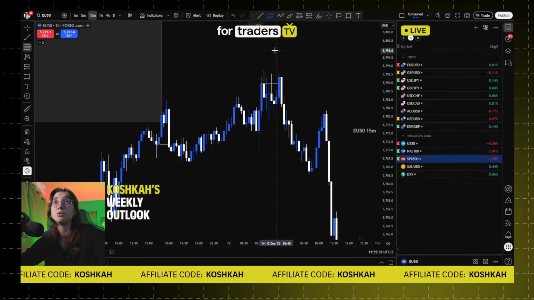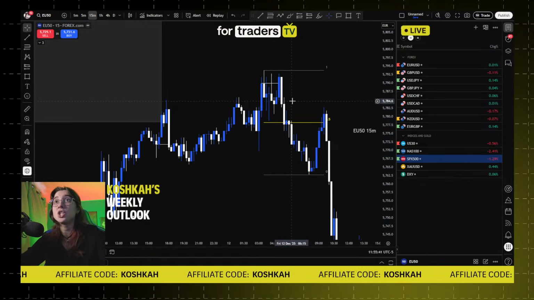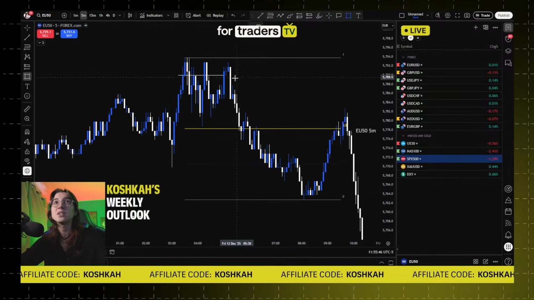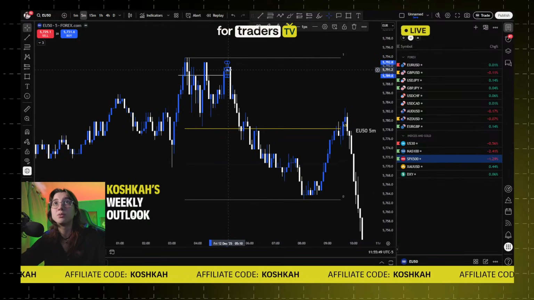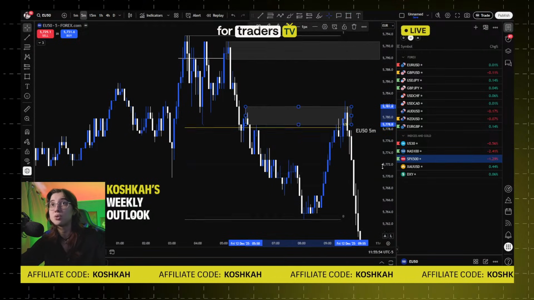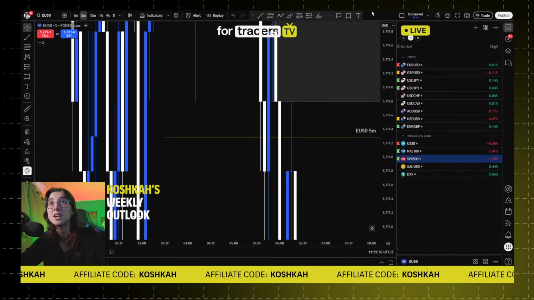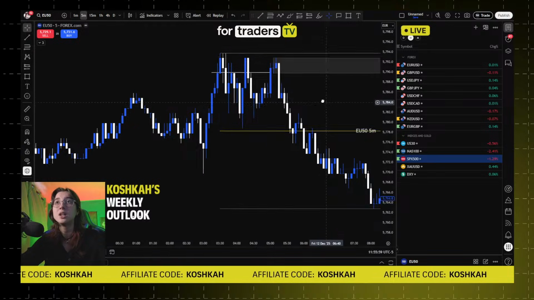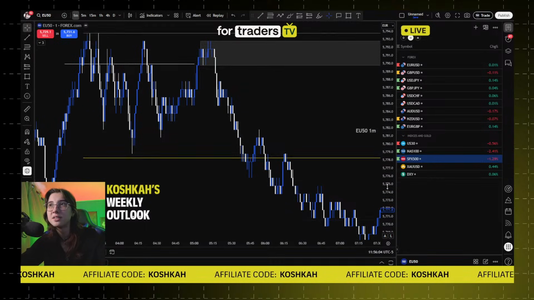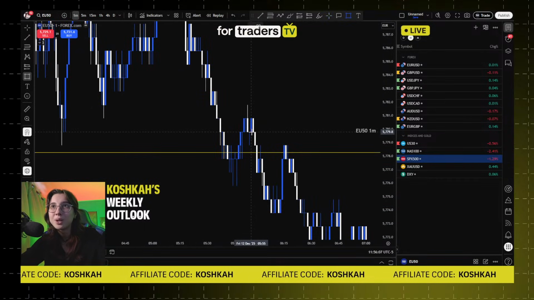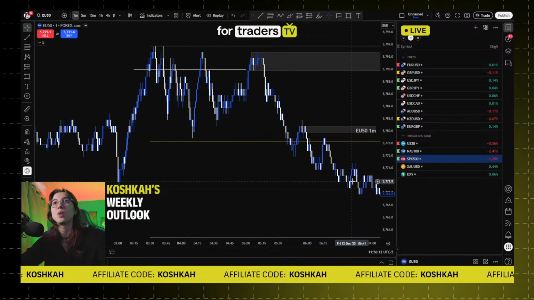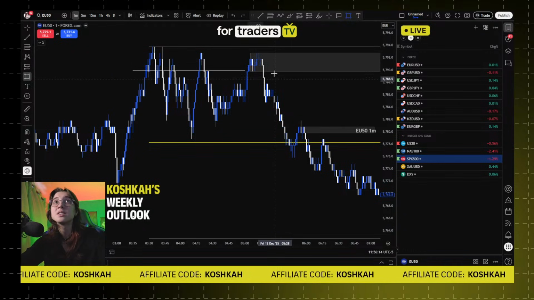So what can we do? We can again identify the new range and see if we have any points of interest. In this case, we have the extreme POI above right here. Looks like it's lower. We have this POI too that I don't know if it's already mitigated. Looks like it's already mitigated. Okay, let's go on the 1 minute now. That's weird, I don't like when price is doing this. So we have this 1 minute POI exactly right here too, and this is still the extreme one.